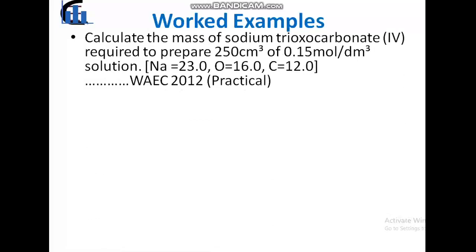Example 1, calculate the mass of sodium trioxocarbonate(IV) required to prepare 250 cm cube of 0.15 mole per dm cube solution. The relative atomic mass of elements is given: sodium equal to 23.0, oxygen is equal to 16.0, and carbon is equal to 12.0. This is a WAEC question, WAEC 2012 practical. Solution,